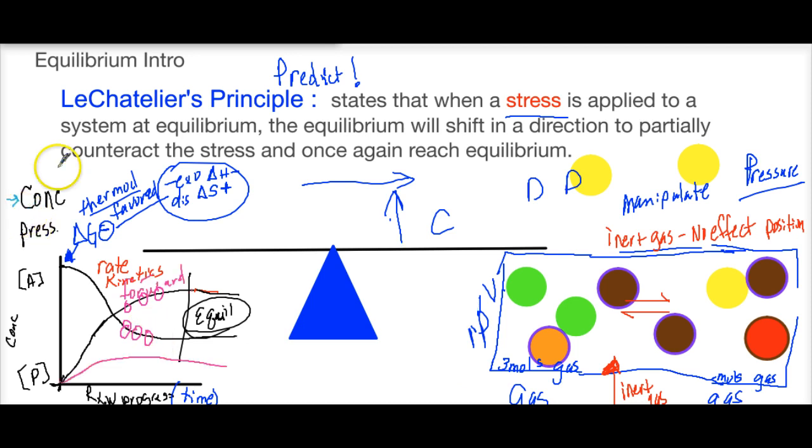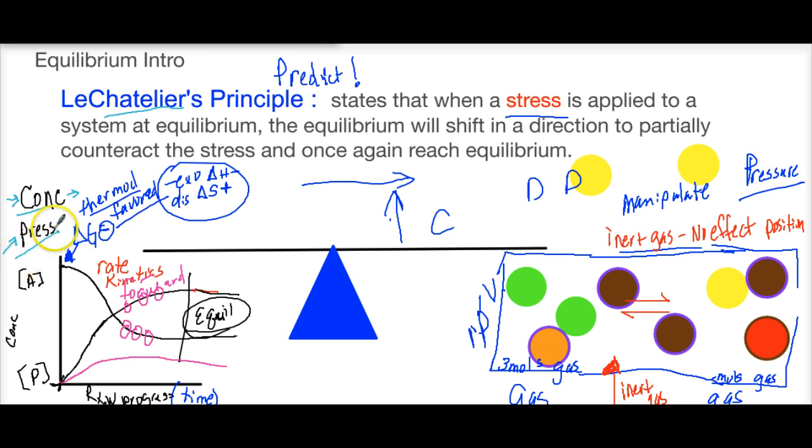So far we've looked at LeChatelier's principle, and we talked about if we stress by increasing or decreasing a concentration, that the system tries to use up an increased concentration by shifting either in the forward or the reverse direction, or it's going to try to replace it if you take it away. Take away something, it's going to try to replace it by shifting in that particular direction. And then if we have a system of gases, then it's going to